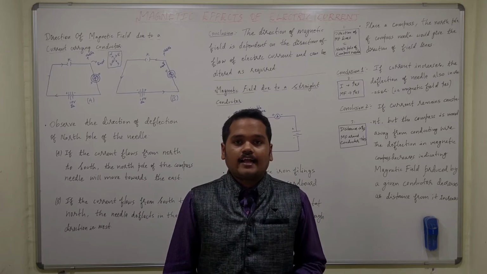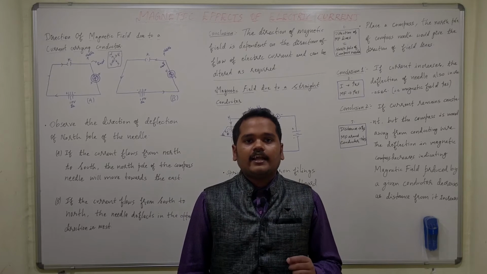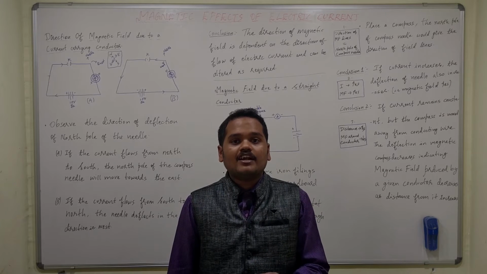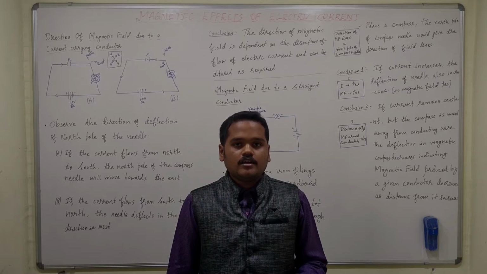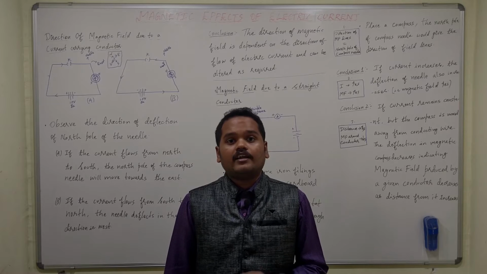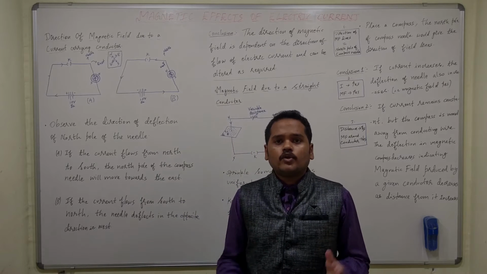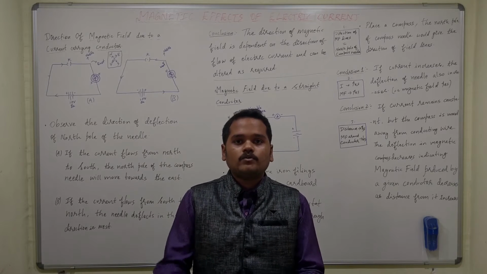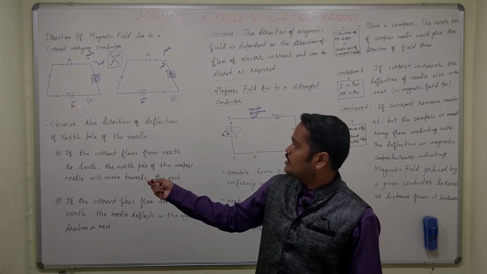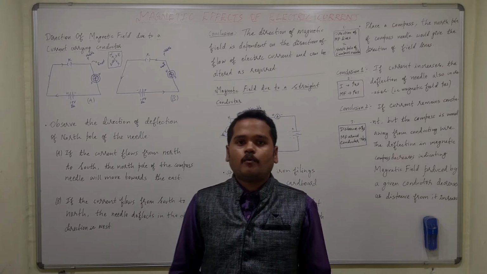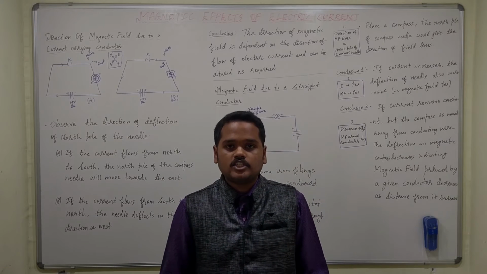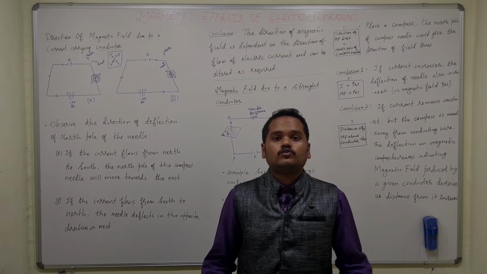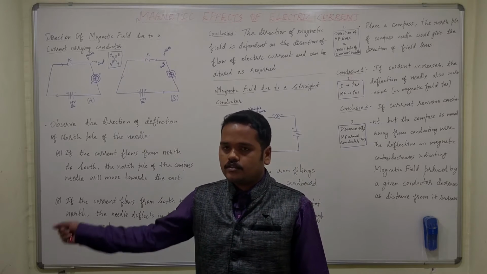What does this conclude and indicate? It indicates that the direction of magnetic field line depends on the direction of the current which is flowing inside the conductor. So if you want to change the direction of the magnetic field line, what do we have to do? We have to just change the battery voltage. If you interchange plus and minus, the positive and the negative of the battery, then the direction of the magnetic field can also be changed.